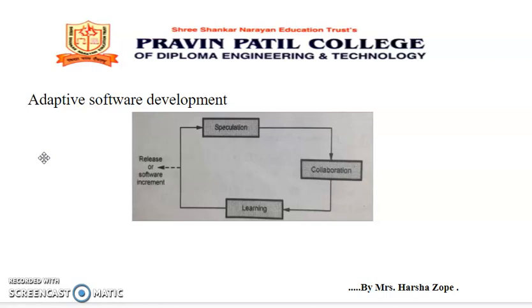Second thing is collaboration. The motivated people work in collaboration to develop the desired software product. In this phase, the collaboration among the members of the development team is a key factor. Next is learning. As the team members go on developing the components, the emphasis is on learning new skills and techniques. There are 3 ways by which the team members learn. First is focus group, second is formal technical review, third is postmortems.